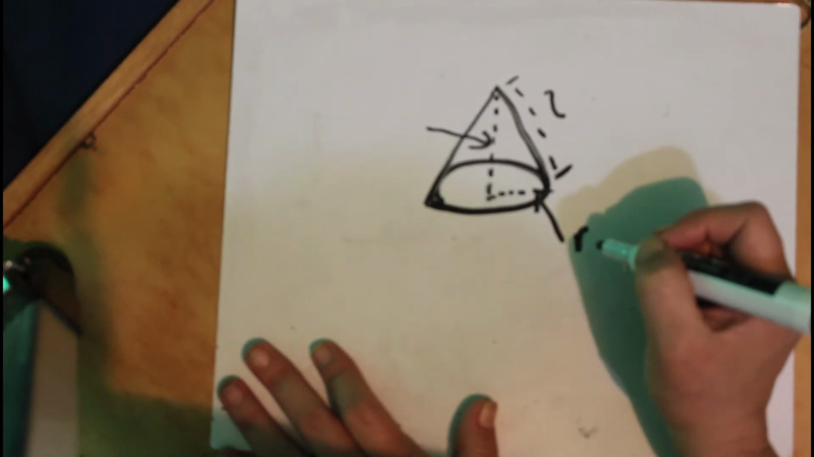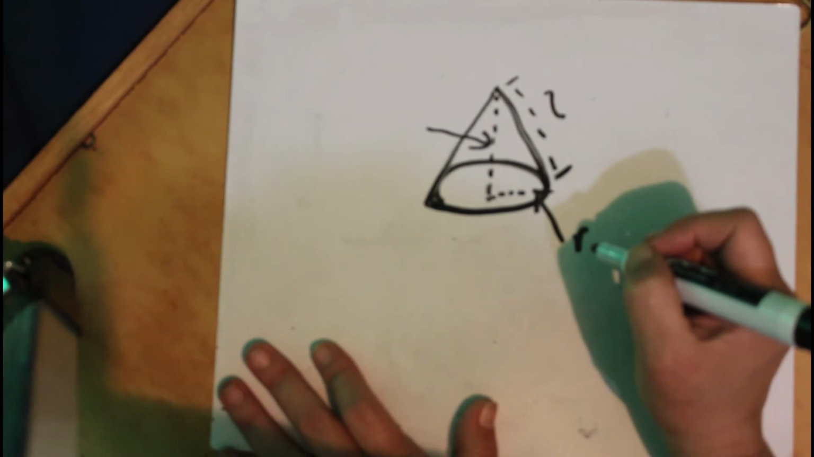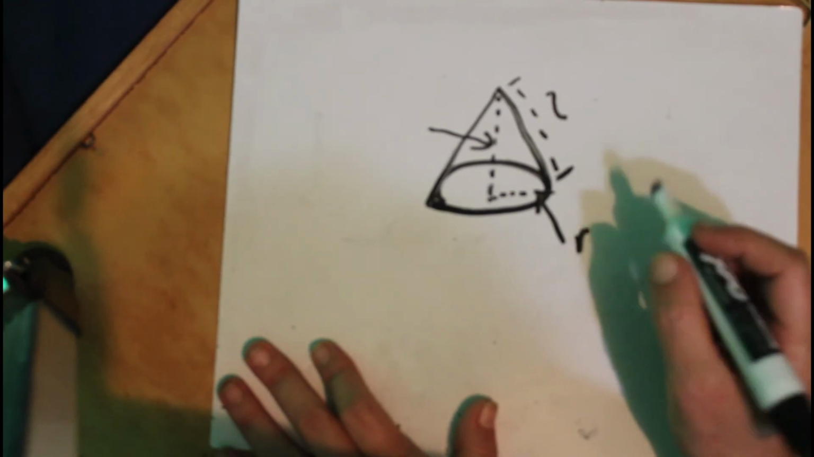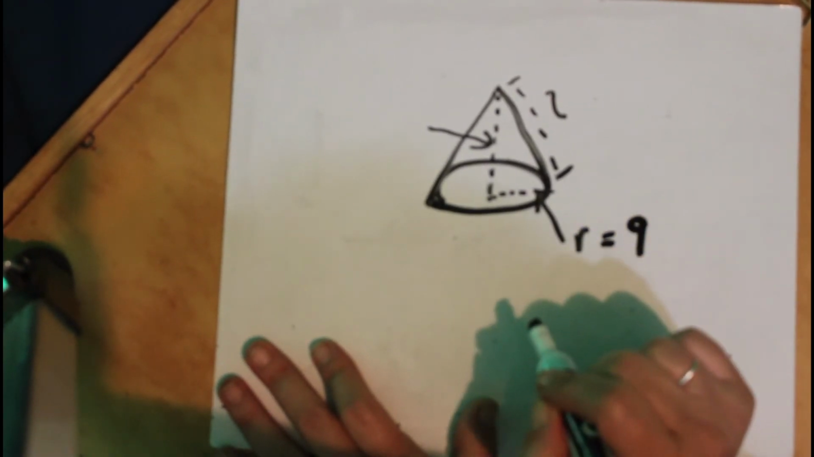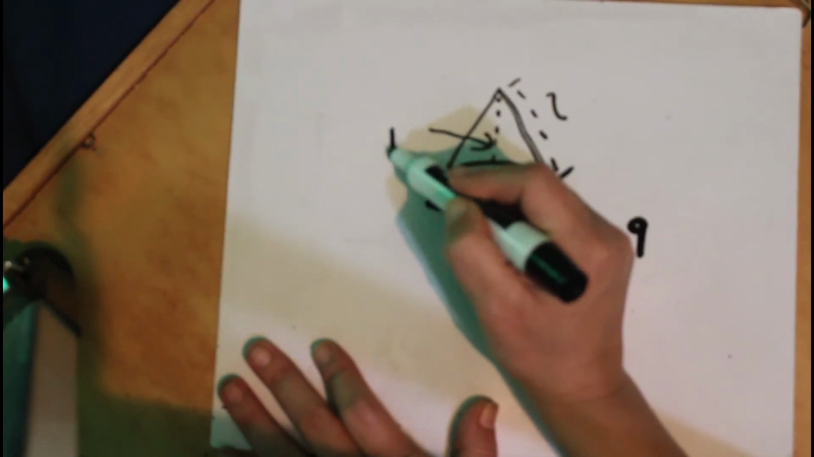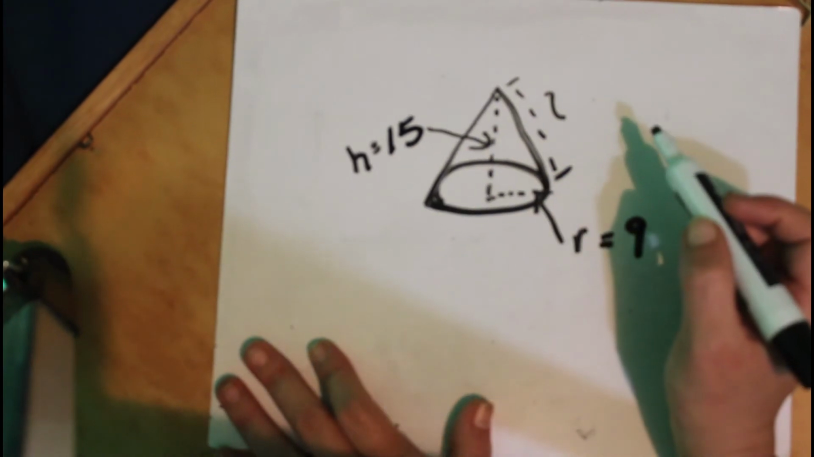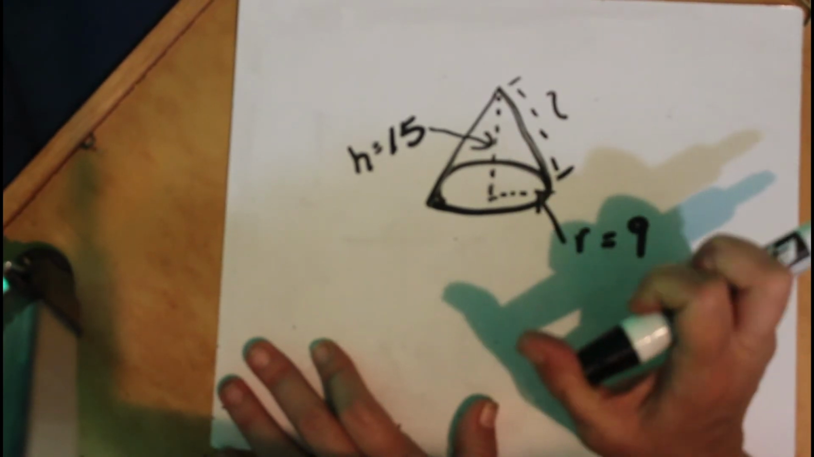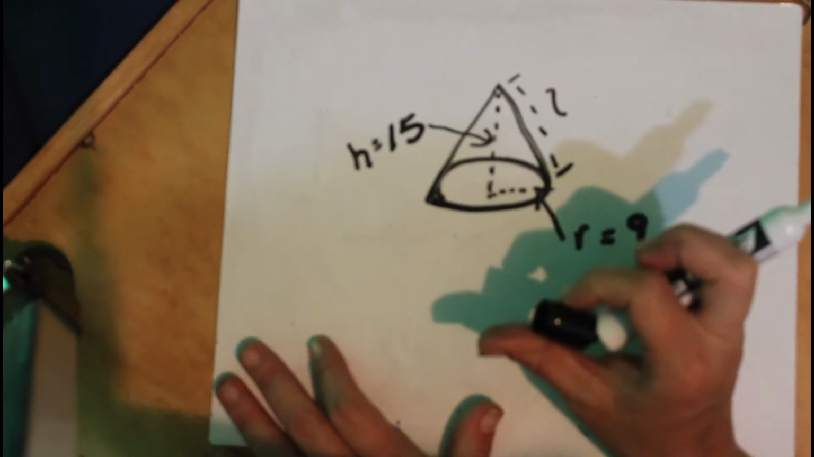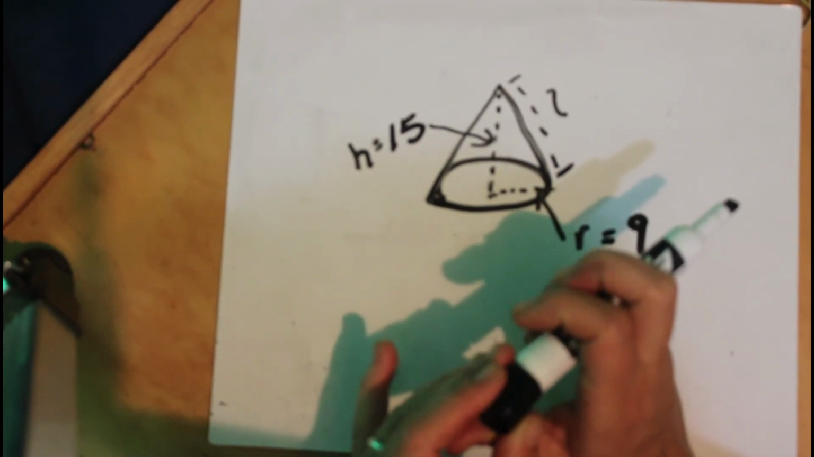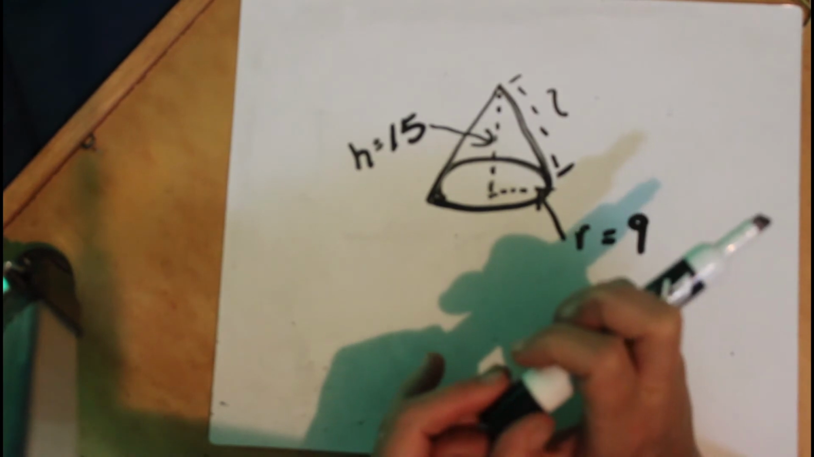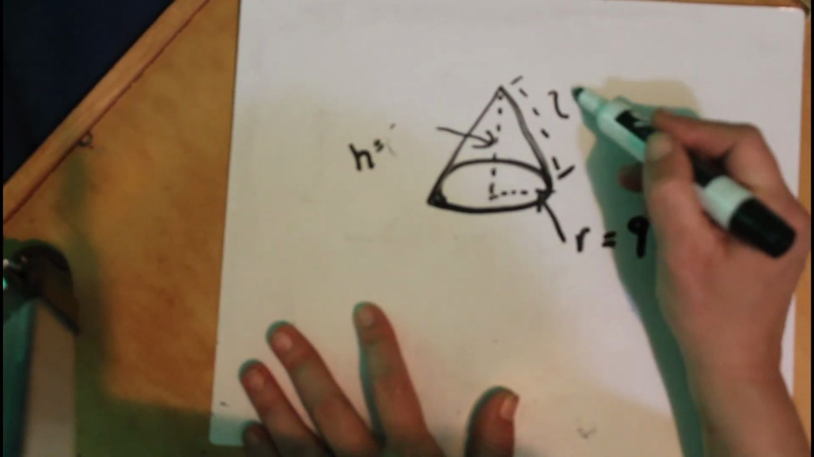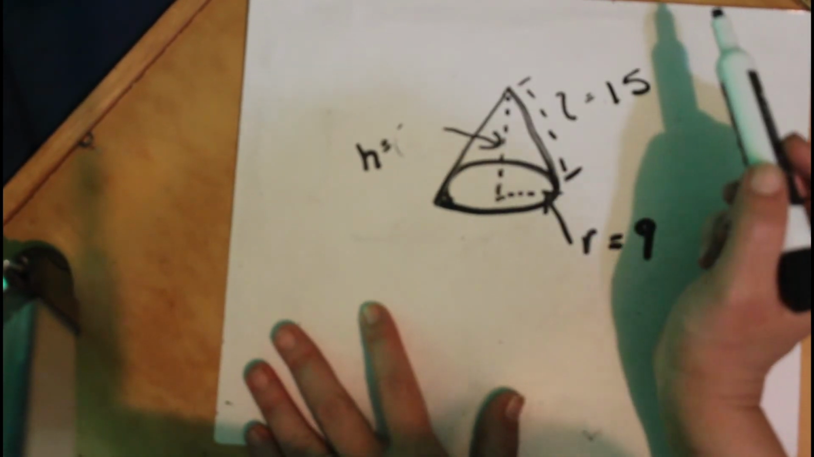So if we had a base with a radius of 9 and a height of 15, and let's see, nope, the slant height is 15, and the height would be